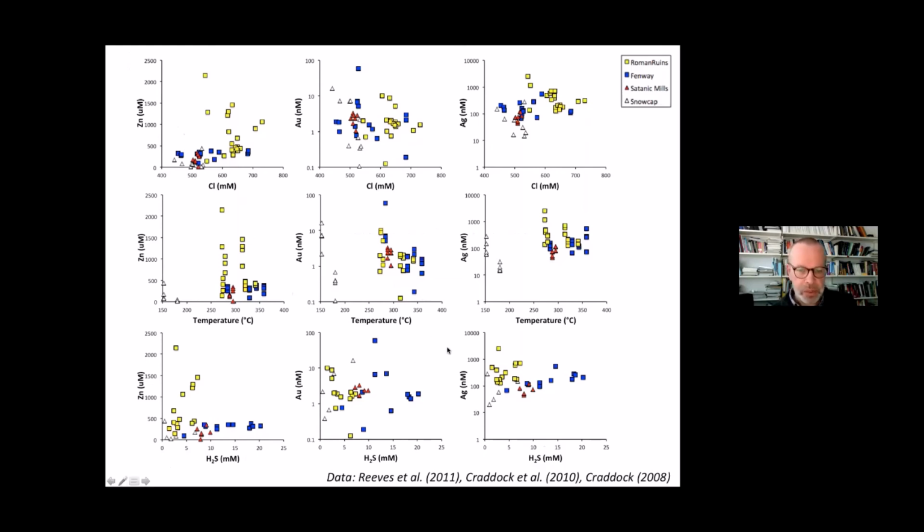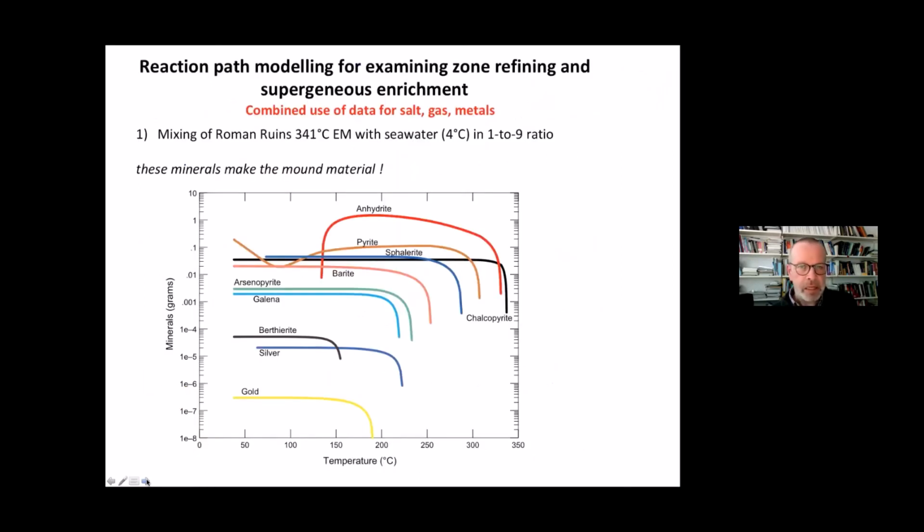But instead, what we see is mostly shotgun plots and things we were not expecting at all. Zinc is a chloride complex, right? But we have this big group here, Roman Ruins, where actually the low chlorinity fluids have high zinc concentrations. Okay, so we could spend more time looking at these in more detail, but I want to wrap things up